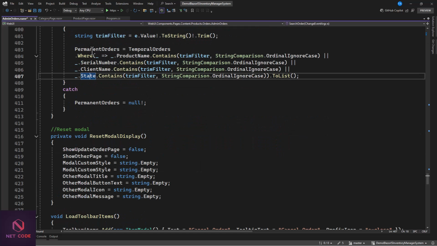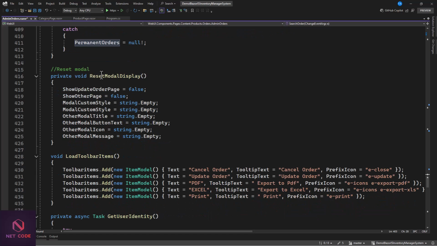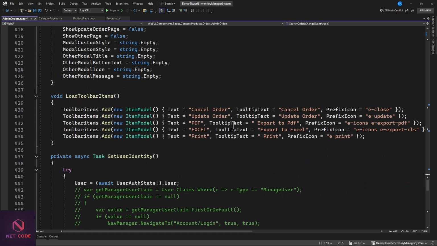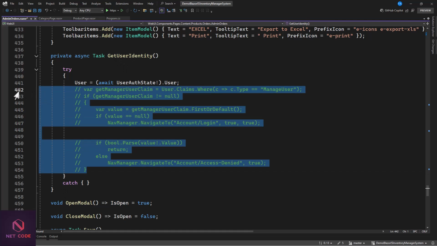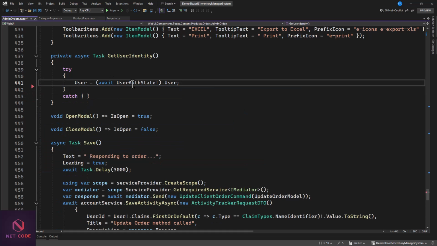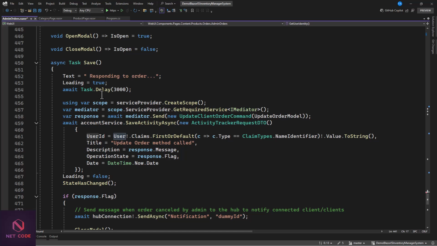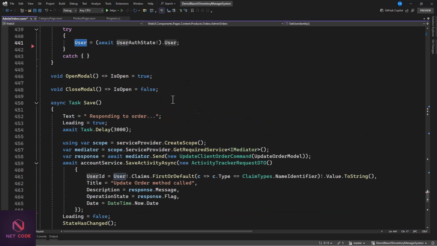Alright, so this is a reset modal display. Now you want to reset it because, since you're using it dynamically, after you're using it, you have to clear the content and now wait for a new one. So that's why we are creating this button to reset that. That is the toolbar that we are using. And now in here, we are getting this user identity. So here we don't need this anymore. All that we need here is to use this to get the user and assign it to this user as a claim principal. So this is an open modal, close modal,